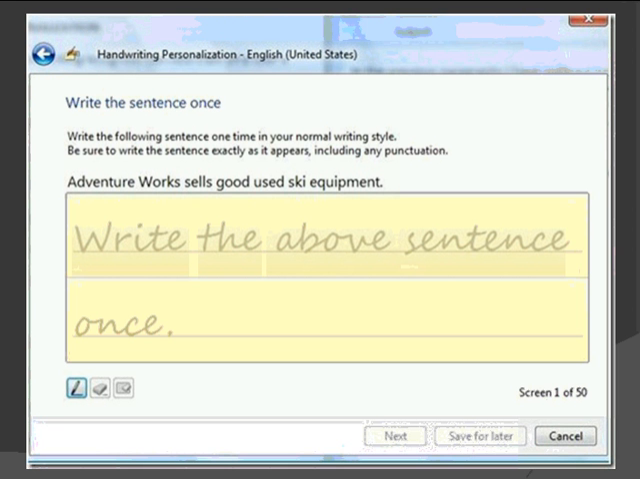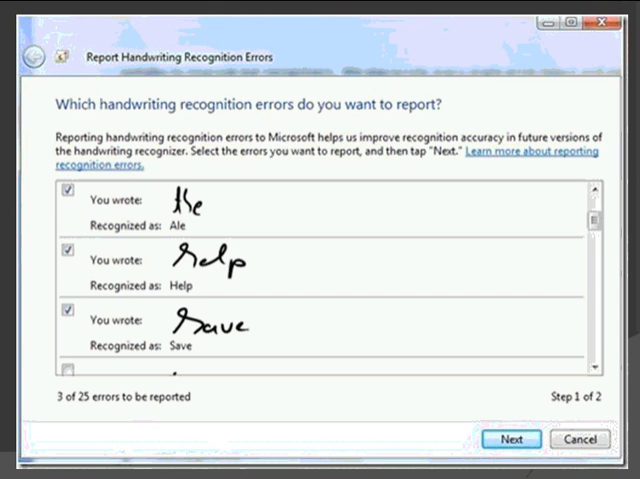So, what if there is a handwriting error? This is the error recognition. This screenshot shows you that if you make a mistake while writing, you can also use the